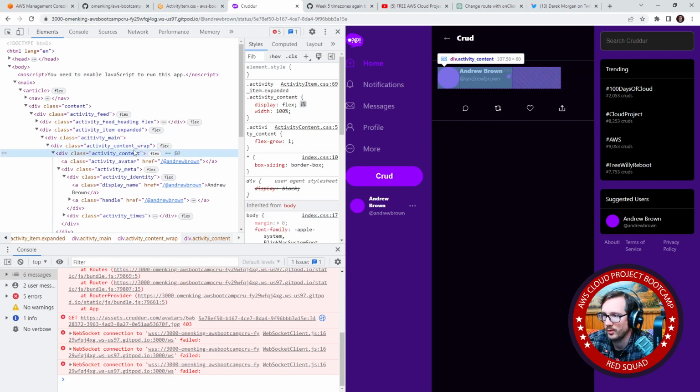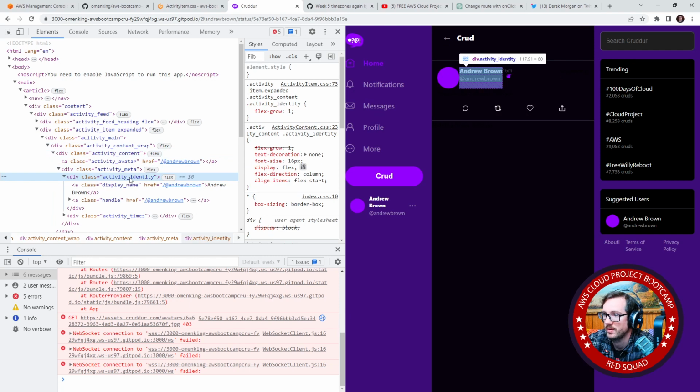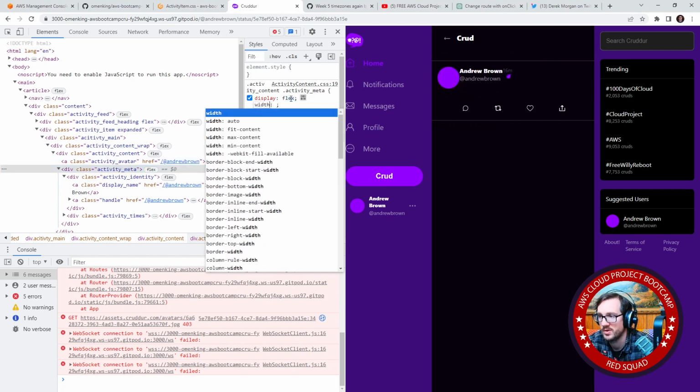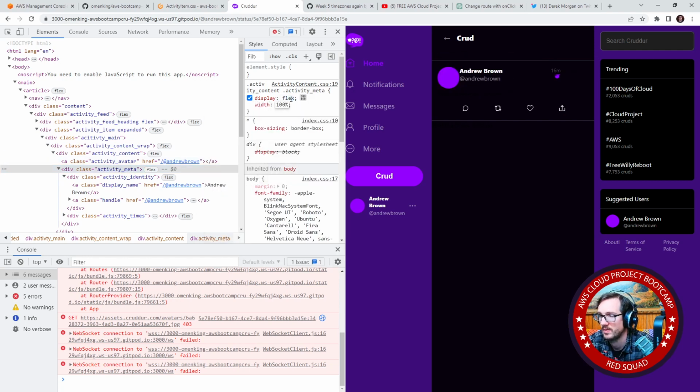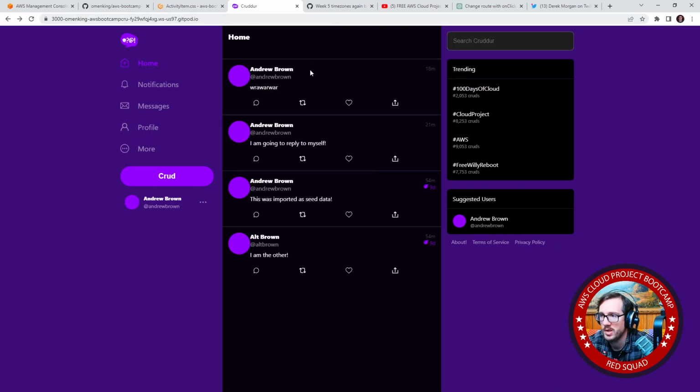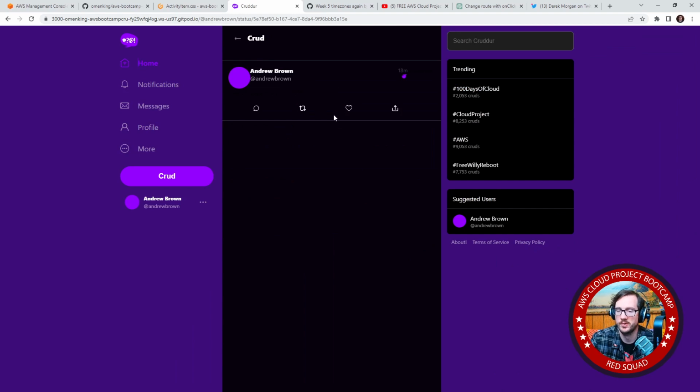But yeah, you can see how you can really get into the weeds with this stuff and spend a lot of time trying to solve it. But notice it's like ending there. It's not going to the end. The other part is like the other one's not expanding for some reason. And this has a flex grow 1 on it. Flex meta. Like width 100%. I don't know. So we could be playing with this all day long and supposedly get it to work,